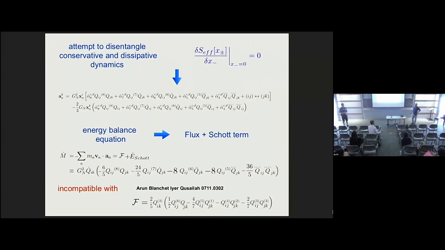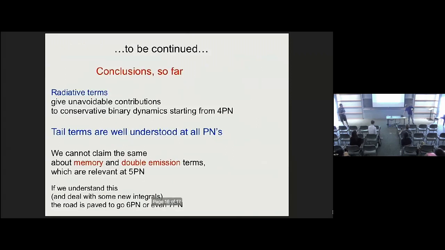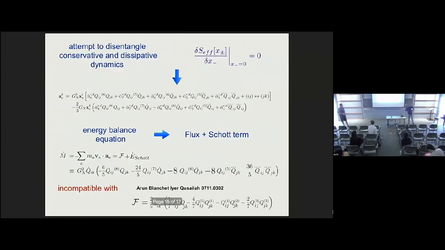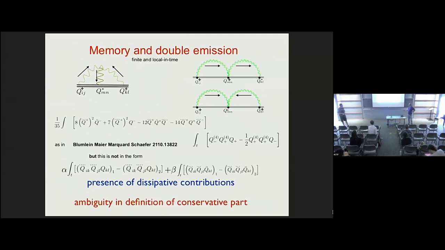What we didn't appreciate before, until a couple of months ago, is that these objects are not purely conservative. They contain a dissipative part. And this dissipative part is not like in the tail case where you have a clear distinction, where you can see what's conservative and what's not. Here it all comes together. Wait, so sorry, when do you ever see clearly what's conservative and what's not? That's the definition I'm looking for. What's the definition of conservative?